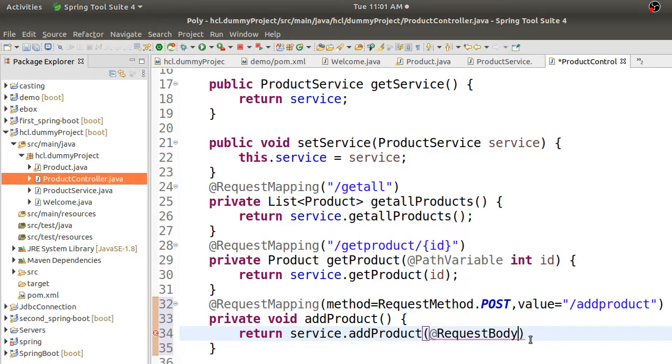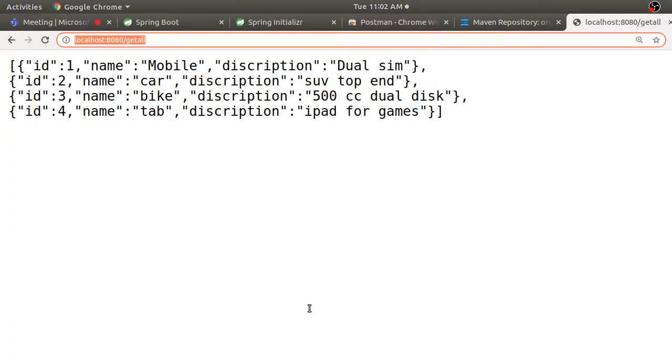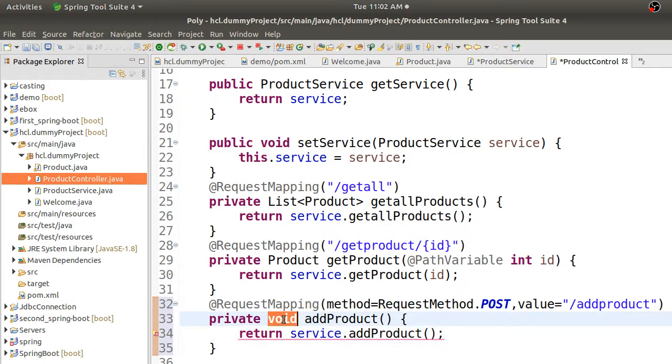Okay, what you want is a product type. I want to pass just an add product method. I will just code that in this product.